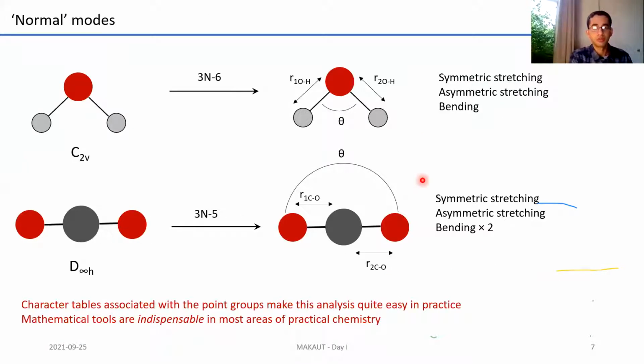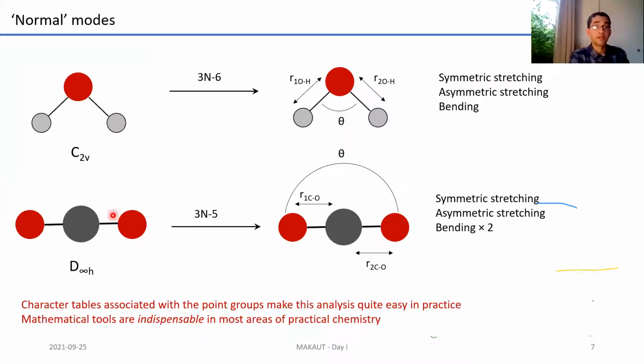Now, what are the 3 normal modes? If you take the molecule like water, which I'm holding up here, I hope you're able to see the molecule. The 2 bond lengths can change, right? So this length and this length. You can have symmetric stretching of both bond lengths, that is, both change by equal measure at the same time. You can have asymmetric stretching, where one bond increases or compresses at a slightly different rate compared to the other one. And then you can have a change in this angle. So these are the 3 normal modes associated with water.